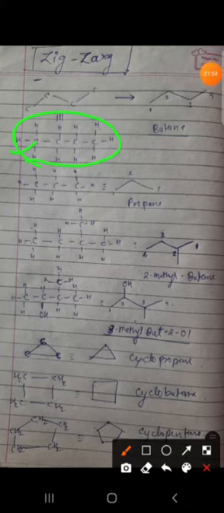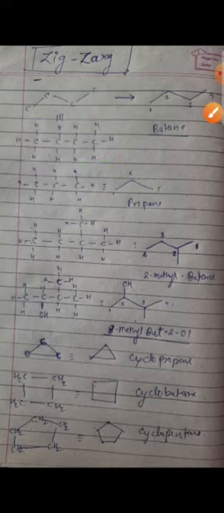So this is an example of an organic molecule in the formal way and the zigzag way. This is a butane molecule, which we write in a straight chain. And this is the zigzag way of a butane molecule. Similar structure: 4 carbons, here also 4 carbons, with hydrogens over there. Here also hydrogens in the zigzag position, but we cannot show carbon or hydrogen in the zigzag chain differently.